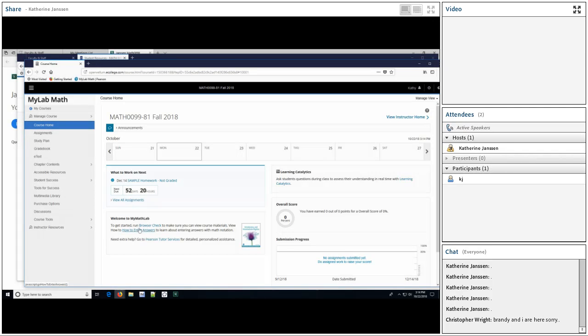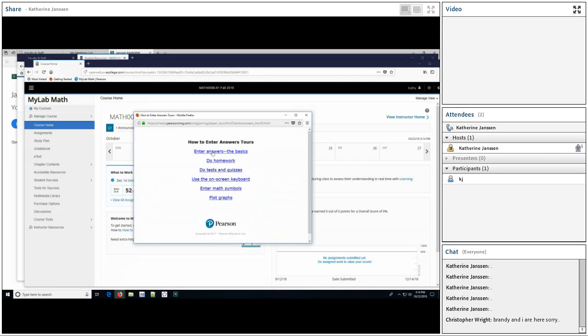And then another activity that we do as part of startup and getting ready for this class is preparing for how do I enter answers at MyMathLab. There's a set of tours that MyMathLab has prepared for you to just walk through. They're not lengthy, just information for you. Probably important that you spend some time there now as we begin, because you do want to know how to enter your answers at MyMathLab.